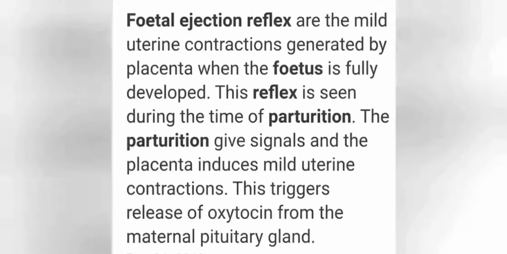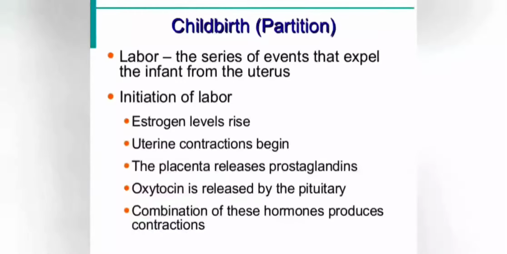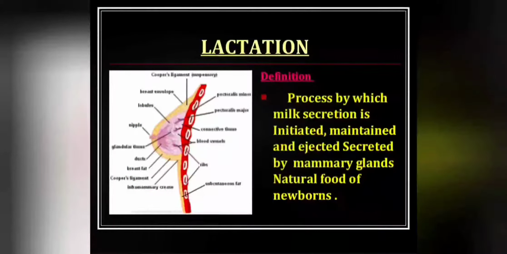When the fetus development is complete, there is a reflex called the fetal ejection reflex, which is a mild uterine contraction generated by the placenta, which induces childbirth, that is parturition, also commonly called labor. In this, there is a sequential series of changes taking place under the influence of first the hormone estrogen, followed by oxytocin, which contracts the uterus, and childbirth takes place. After the birth,